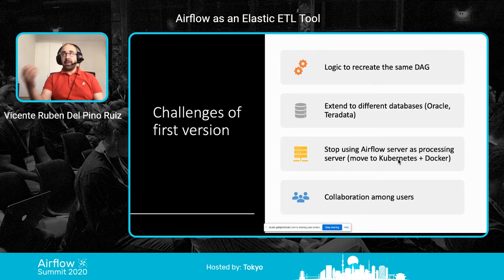So the first one, and we saw this very soon, is that you need to make it easier for the user to modify an old DAG. This is what I was talking about before about the version control. We found that it is a very recurrent use case that a user wants to modify a data pipeline that he created in the past. So you need to make it easier for them to go to a pipeline and say, you remember this pipeline that I created 10 days ago? I need to modify it. I need to add a new data source,